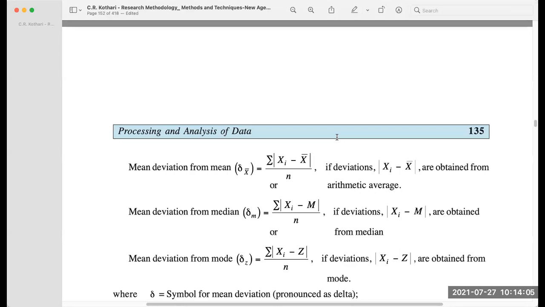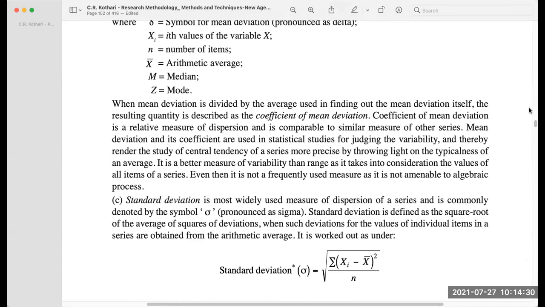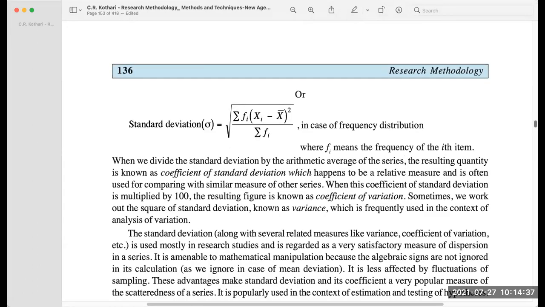So we have to look at the data, what kind of data we have. We have to see if there is any extreme data or outliers in the data, then we can't use the mean value. In that case, we can go for the median or mode. So that kind of information you already have. Yeah, this is the standard deviation formula. Already discussed this one, so I'm not going to discuss that in detail.